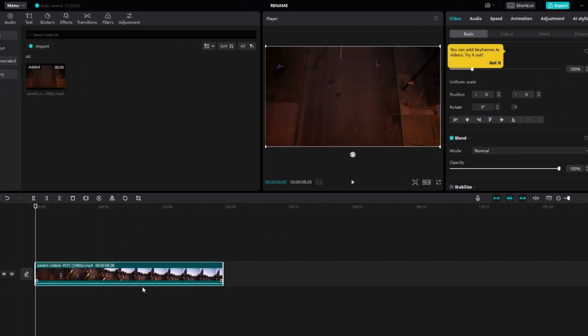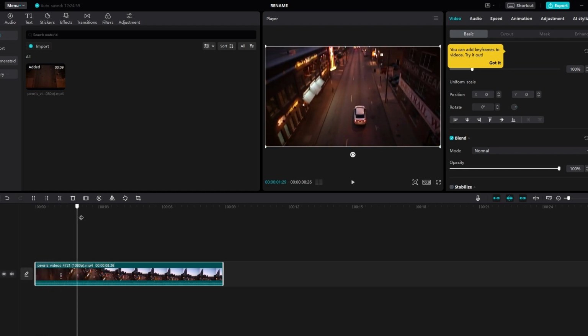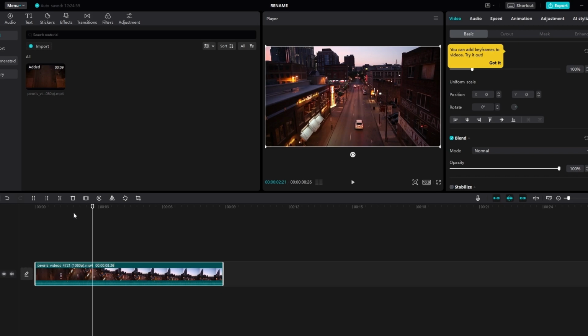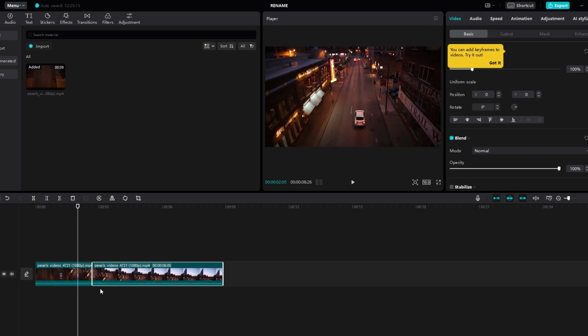Now move playhead to the point where you want to create split. You can either use the shortcut Command B or Ctrl B or click on split button to create split in the timeline. If you want to delete split immediately after creating it, you can press undo, shortcut Command Z or Ctrl Z